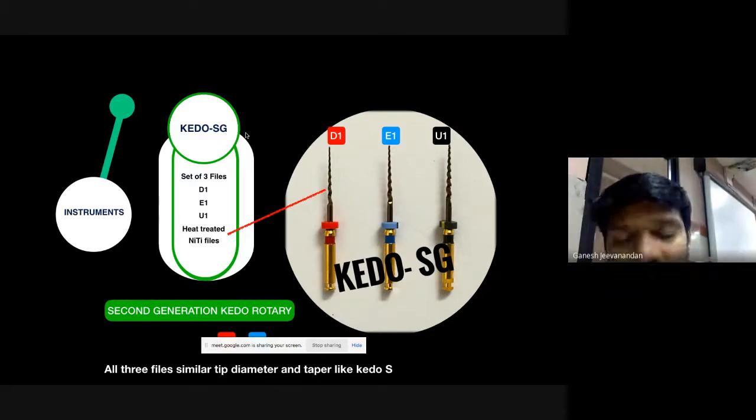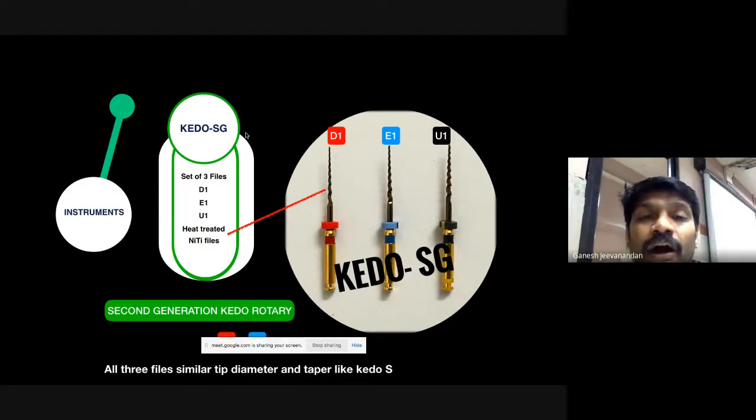Now, this red color file is used for narrower canals in primary teeth. How will you decide narrower canals in primary teeth? You do an access opening, you take 15 size K file, put it inside the mesiobuccal canal. If your mesiobuccal canal has a snug fit or a tight fit with this 15 size K file, which means the canal is narrower. If you use this 15 size file inside the mesiolingual or mesiobuccal or distal canal, and the files are loose, which means the canals are wider.